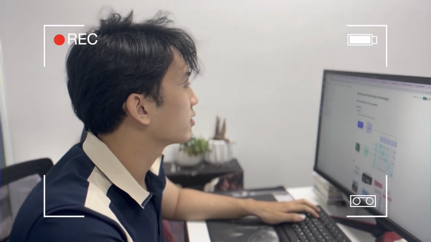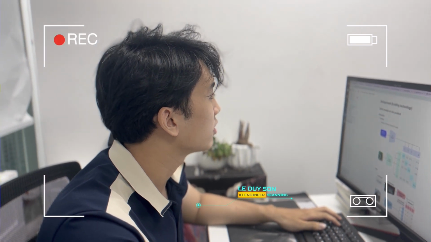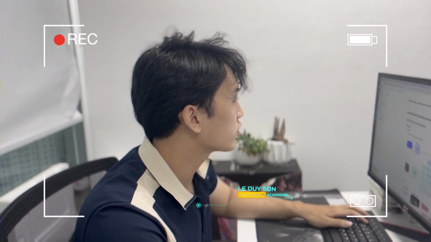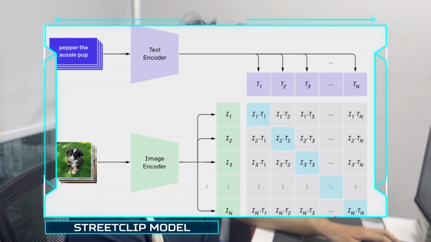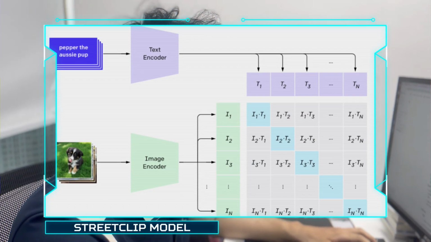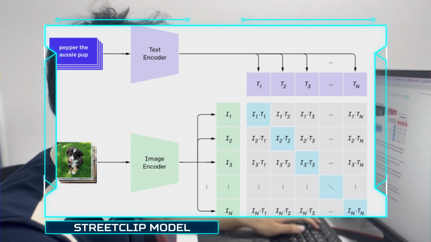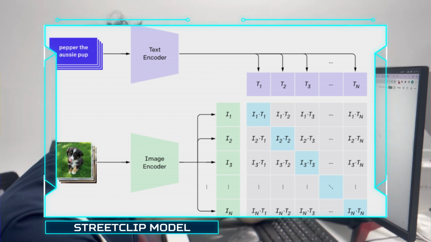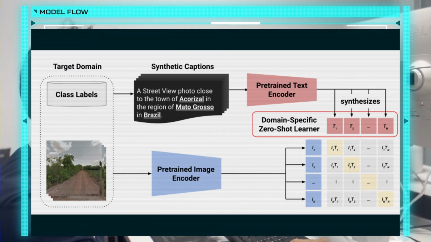So what are the existing technologies to do this? First, we will go through the StreetCLIP model, which was created by Stanford University. We will go through two parts. First is the training phase. This model is based on the idea of the OpenCLIP model. The model flow will be like this. For every training set image, they generate a synthetic image caption by formulating the task of image localization in natural language using the following prompting template, as you can see in the slide.